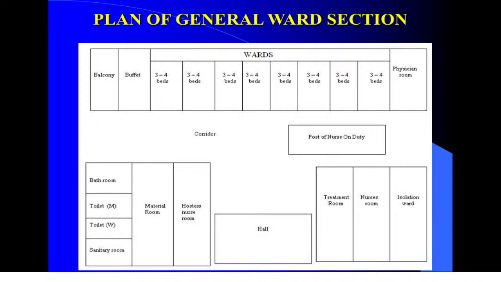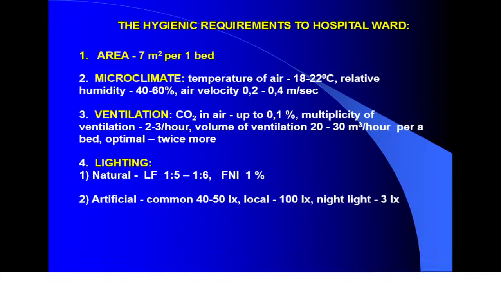So we can open windows in the ward and the door and the opposite window in the corridor, and it will be good ventilation. Maybe two side type of construction, when wards are on both sides, and such a type is not optimal from hygienic positions, but more economic, because at one side the department construction is very long. Next question: hygienic requirements to hospital ward.